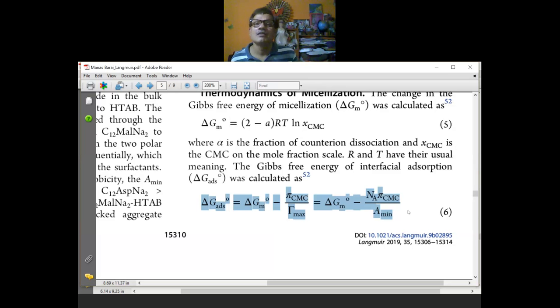Now, so far we have studied the aggregation of surfactant in water. Surfactants also form aggregates in oil. They are called reverse micelles, and the core of the surfactant aggregate can also accommodate some oil molecules. On the other hand, the core of a reverse micelle can accommodate some water molecules. So I can disperse some oil in water, or vice versa, some water in oil. These are called emulsions.